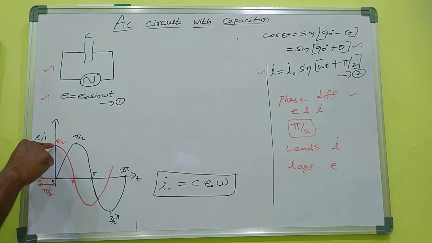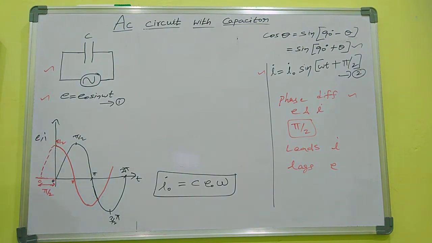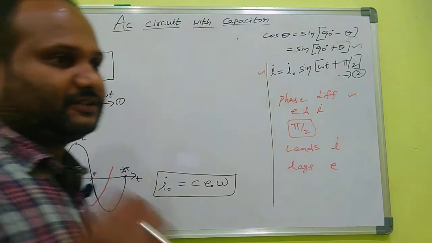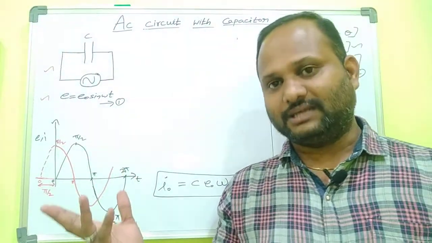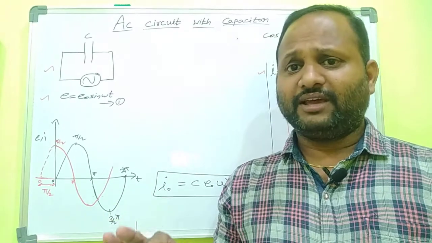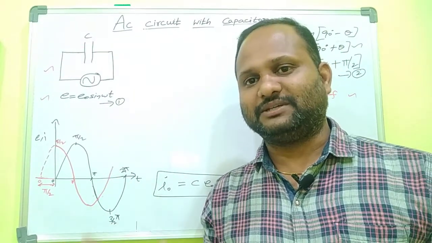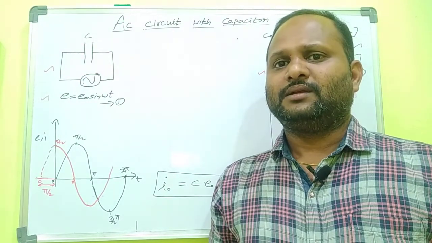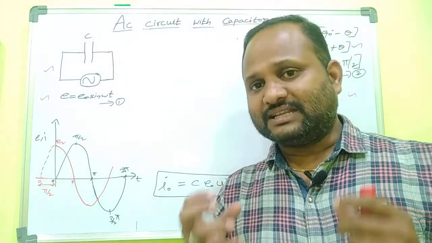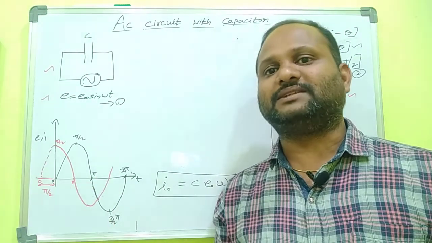First the current attains the maximum value, then the EMF follows. EMF follows exactly the same way the current goes, with the same velocity, but there is a phase difference. What does it physically mean? When the current is allowed through the capacitor